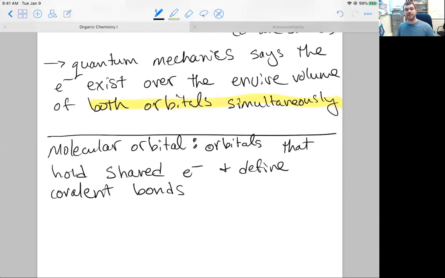Now, what's a little bit fishy about that definition is what happens to lone pairs? Like if you have an electron that's not shared between two atoms, it's just by one atom, like the lone pair of the oxygen in water. Well, both of the lone pairs are also existing in molecular orbitals because the whole thing is now a molecule. It's no longer in an atomic orbital. We'll see that in future lectures when we get into something called orbital hybridization. But for now, suffice it to say, what we're going to do is we're going to take